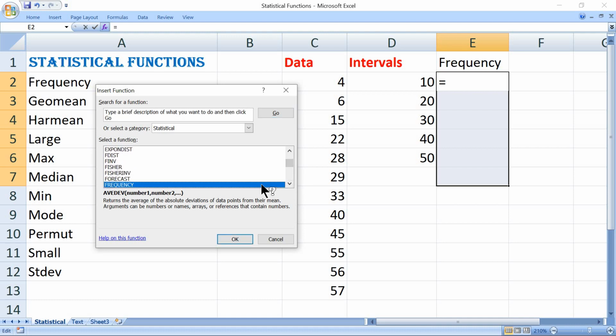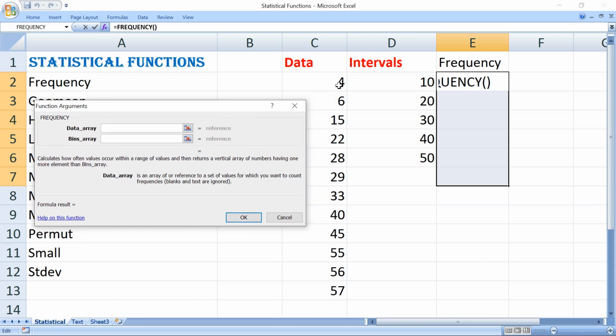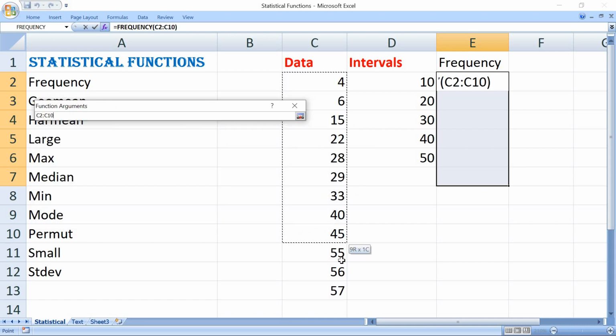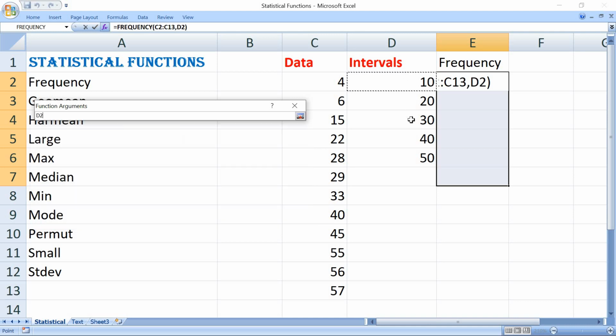Select FREQUENCY. This will take 2 different parameters. One is data, the other one will be the bins. Data array. Array is nothing but a collection of similar type of data. Data array, we have to select for this range. Bins array, select the D column, that is intervals.